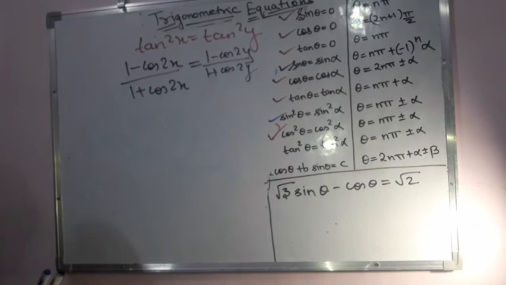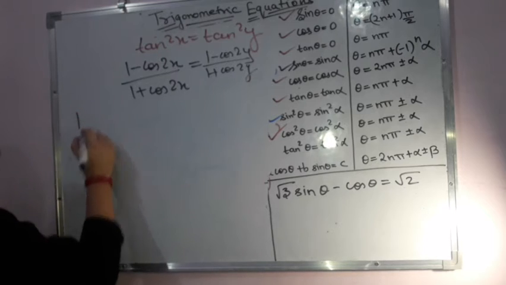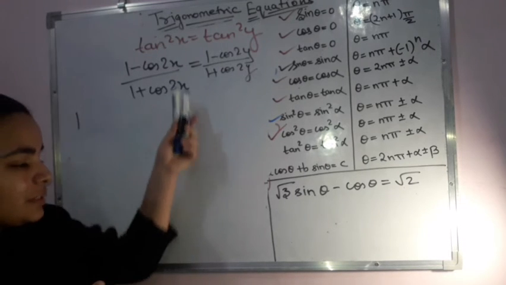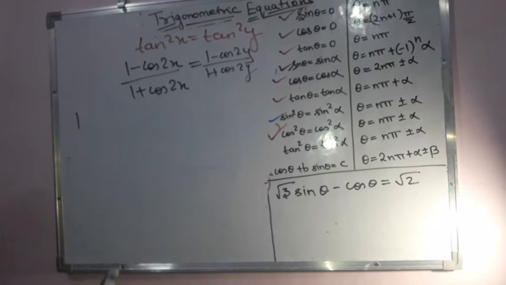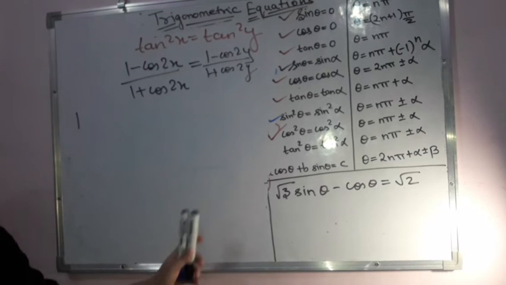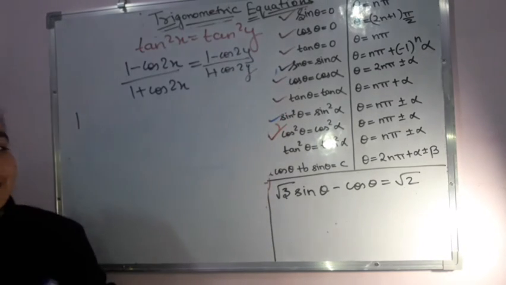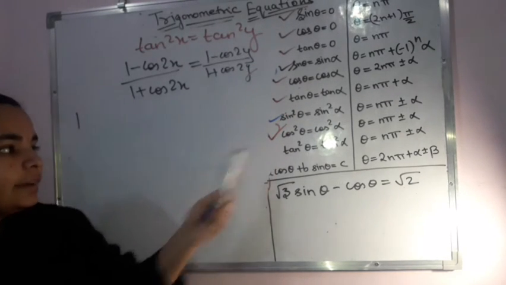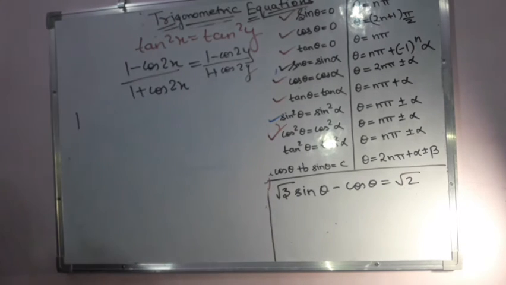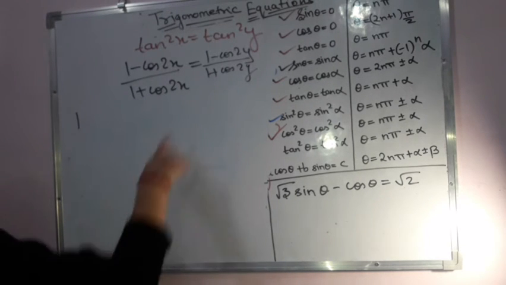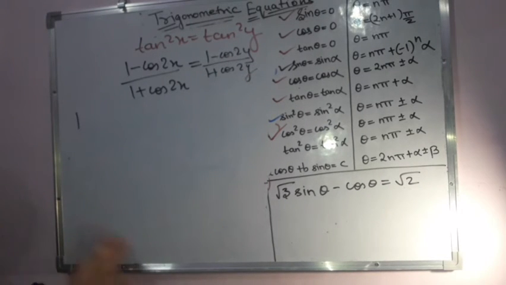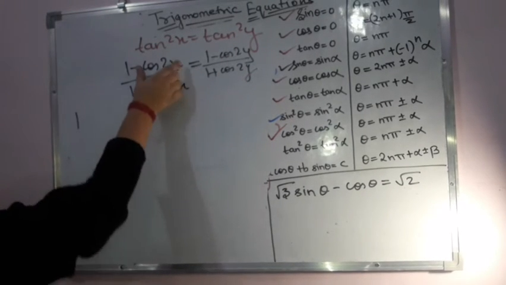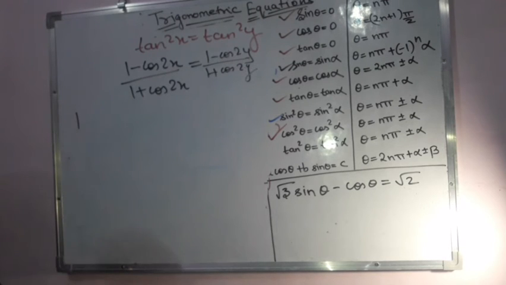Now what I'll do is add 1 to both sides, then see what will happen. Because in the initial steps, what I'm doing is just trying to reduce my equation so that it becomes equal to one of the previous ones which I have studied, so that I can get the formula for my other equations. That is why I'll add 1 over here and 1 over here, because of which the cos values will get cancelled out. Let's see how it will happen.